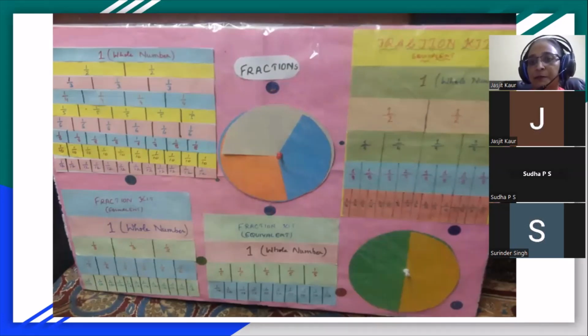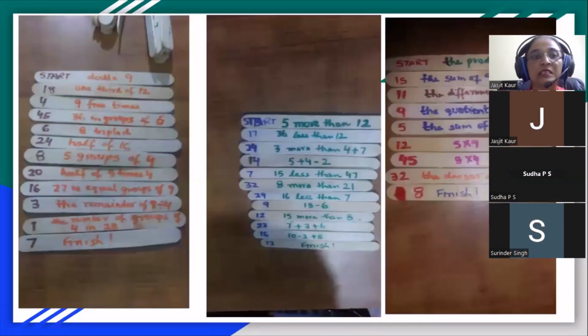Similarly, in the center we have the fractional circle with 3 different colors. Explain what the fraction of the blue part in the circle is, or what the fraction of the green in the circle at the left side at the bottom is. These are a few games we can use to help the students. It will take just 15 to 20 minutes to make one game. These can all be made by educators. So you can do it at your own level with different concepts.